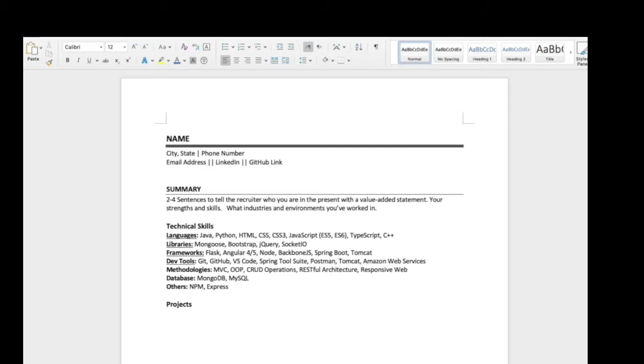This is actually a live example, or a true example, of some of the students that will come out of the boot camp school. But let's say you're not a programmer. Let's say that you're on the network engineering side of things. Well, then you're going to want to have your Cisco routers and the versions of servers that you've worked with. Are you working with Microsoft Exchange or Active Directory? These are going to be your technical skills if it's not on the software side. But whether on the programming side or not, you're going to have this right underneath your summaries.